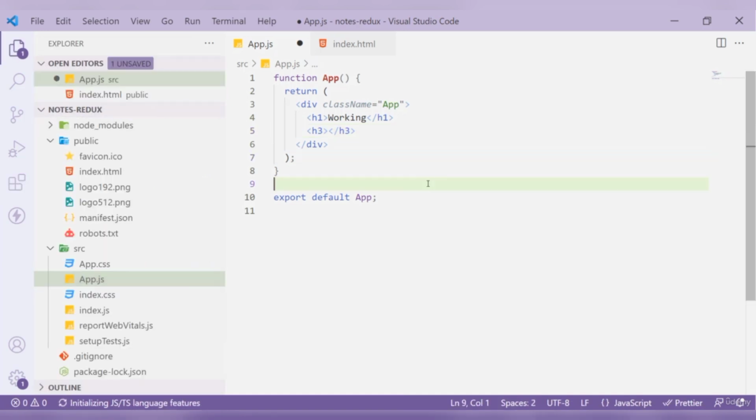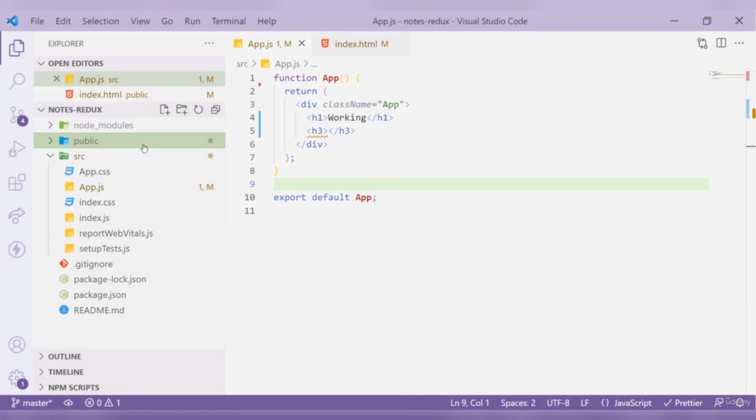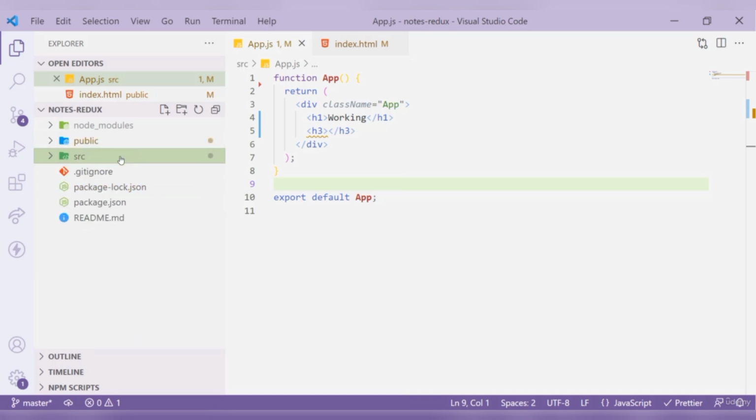So now we'll be starting with our application. Let's create all the components that we need inside of our application. For that purpose, we'll be moving inside of our source directory and creating a folder with the name components. After that, we'll be creating the components that we need. So the first step is to create a folder. There's a trick that you can use when creating folders and the components inside them: you just create a new file and name it what you want. For example, I want the name of my folder to be components. So let's name it components,